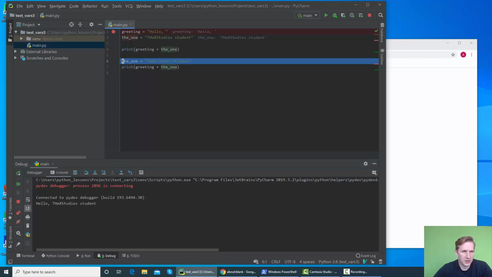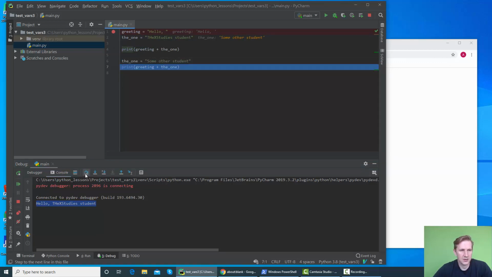But when we actually execute the line print, we print an expression, which is a combination of one variable plus the second. Basically, we take the values pointed to by the variables, they are added and passed to print, and we see "hello the X-study student". Now we execute this line,